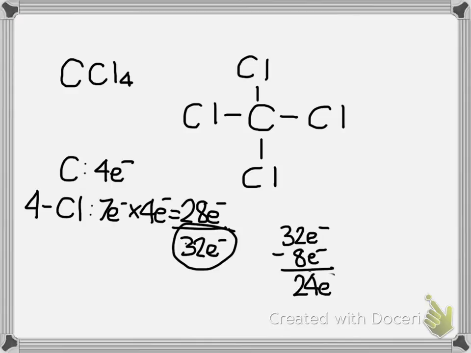24 electrons left. And so the next step is to make sure your outer atoms have a complete octet. Well, all of the chlorines only have 2, and that was fine for hydrogen. Hydrogen only wants 2, but the chlorines need to have lone pairs to finish off their 8. So if I put their lone pairs,